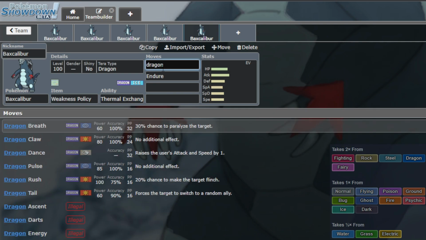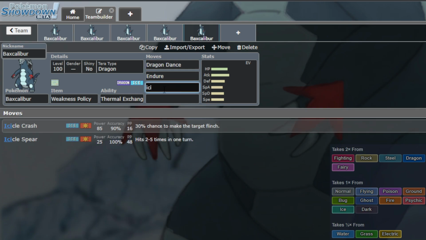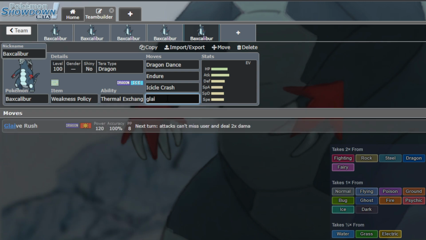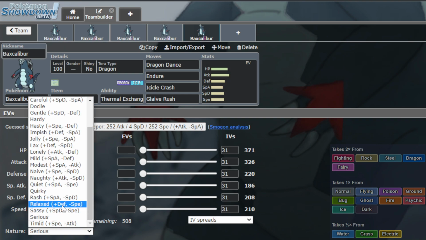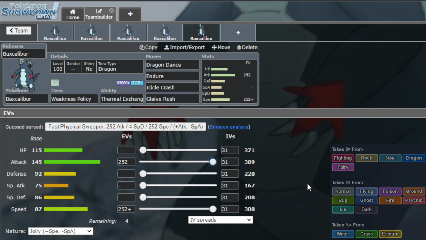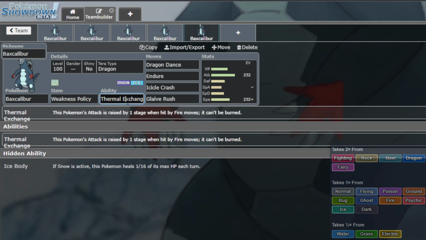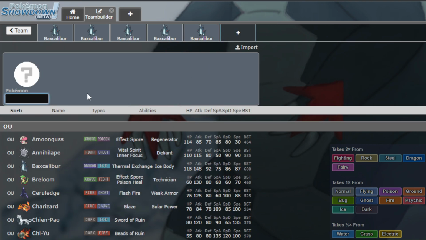You can have Dragon Dance, Icicle Crash, and Glaive Rush. So you'll be wild in here. Even Jolly Nature would work here, and we'll have +2 in our attack, and if you get hit by a fire type attack, Dragon Dance speed, and we're just sweeping. But I think that's pretty much